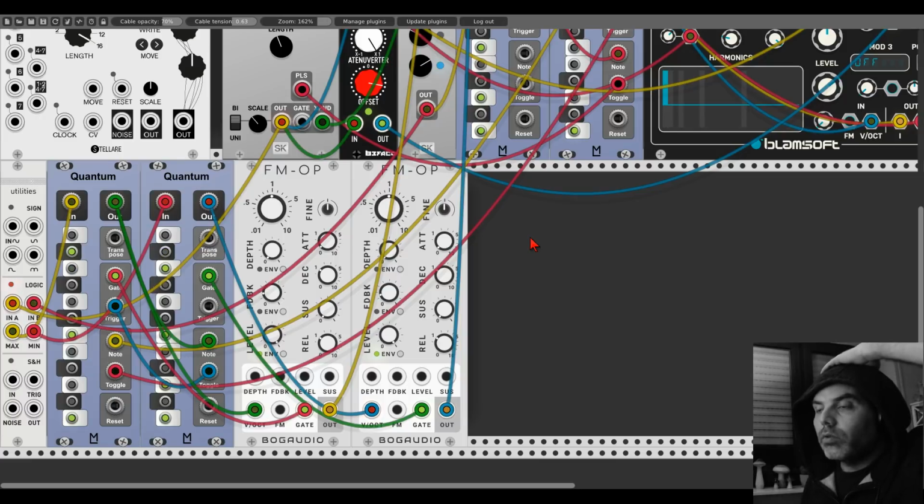So what else I love to do with the sample and hold, and this we have Kinks here, which is an amazing module, is to sample